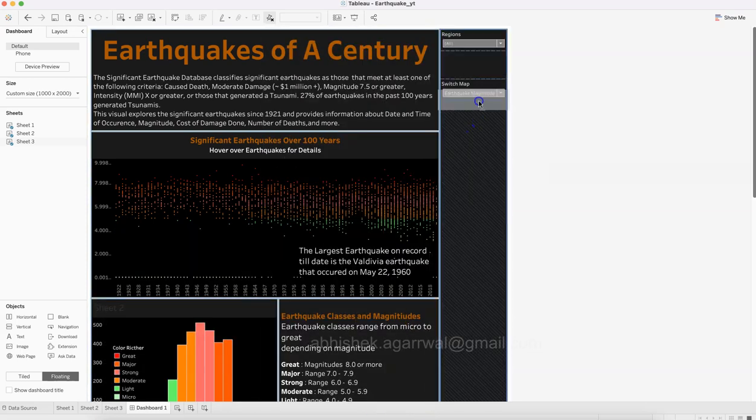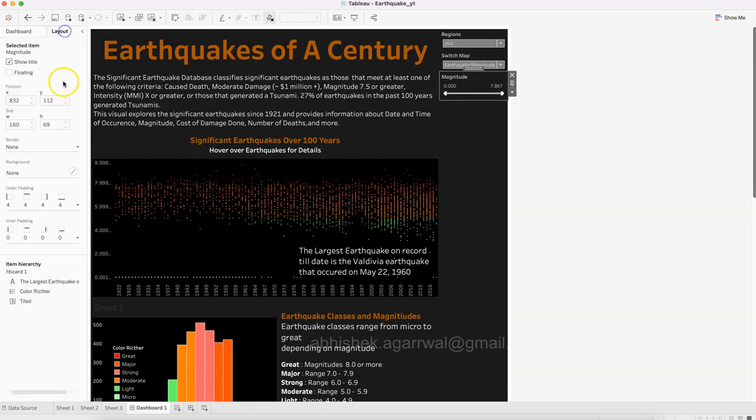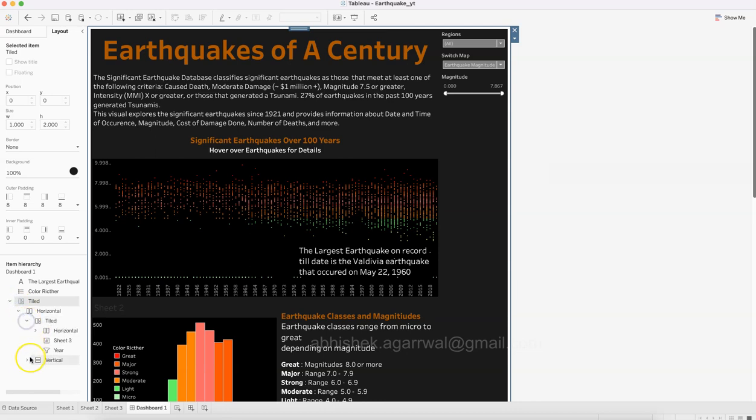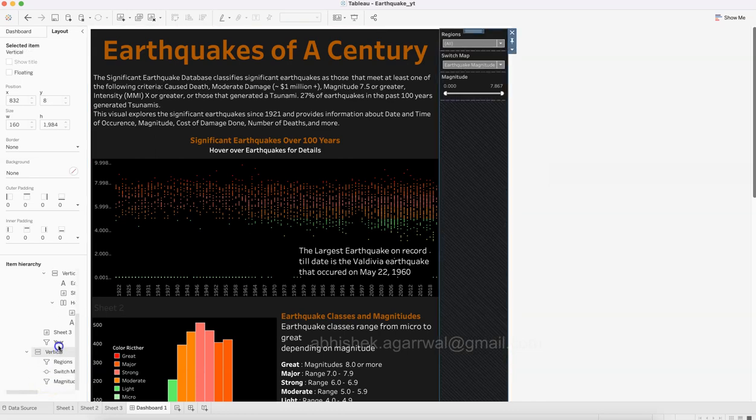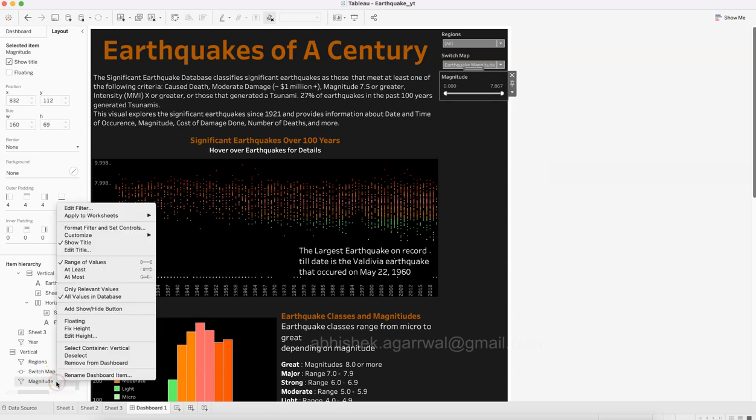If it is not coming, I can even go to the layout, right? So we have this tiled layout, horizontal, tiled, vertical, all of this, right? And within vertical we have this horizontal, vertical, sheet 1, sheet 2, sheet 3. In that we have years, right? So what we will do is put the magnitude over, try to put the magnitude, right click,